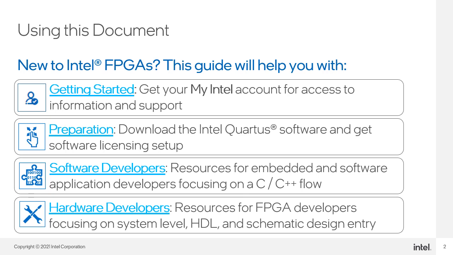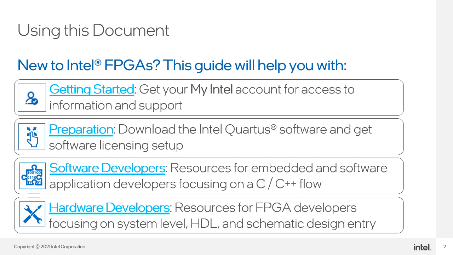In the first section, you will learn how to get started with Intel features and services by creating a My Intel account. In the preparation section, you'll learn how to download the Intel Quartus Prime software and get licensing set up for your software. The software developers section will go over the design flows that use Intel FPGAs as acceleration platforms. The hardware developers section will go over the software tools that interact directly with Intel Quartus Prime, the main EDA